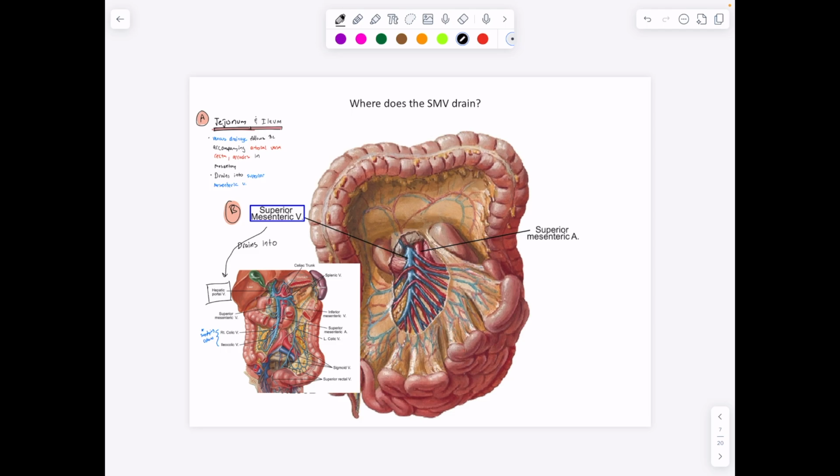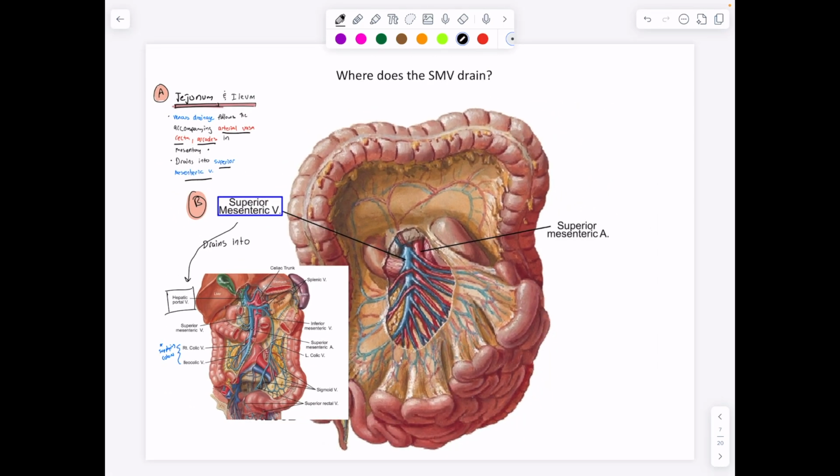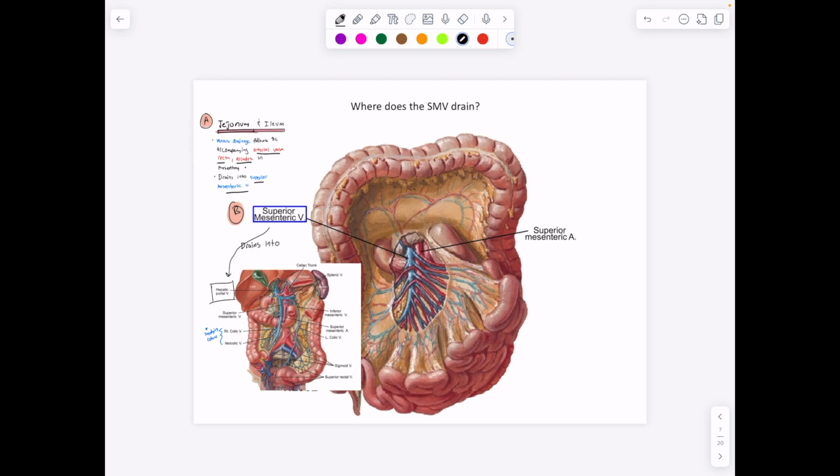All right, where does the superior mesenteric vein drain? Well, the nice thing is that for the ileum and jejunum, the venous drainage follows the accompanying arterial vasa recta and arcades in the mesentery, and then they drain to the superior mesenteric vein. So you can see the superior mesenteric vein here. We can see that the veins are following along with the jejunal branches here, and they're following along with the arcades and the vasa recta, and then you see the ileal branches here following along with the ileal branches of the